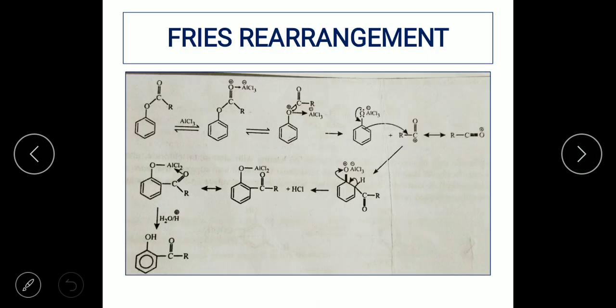So here you can see how there is first the starting material, that is nothing but the acyl group here, an ester, which is formed here, and this on reaction with AlCl3 is going to give an adduct. See here, you can see the adduct. As I already told, since AlCl3 is deficient of electrons, it is going to get attached to the oxygen.